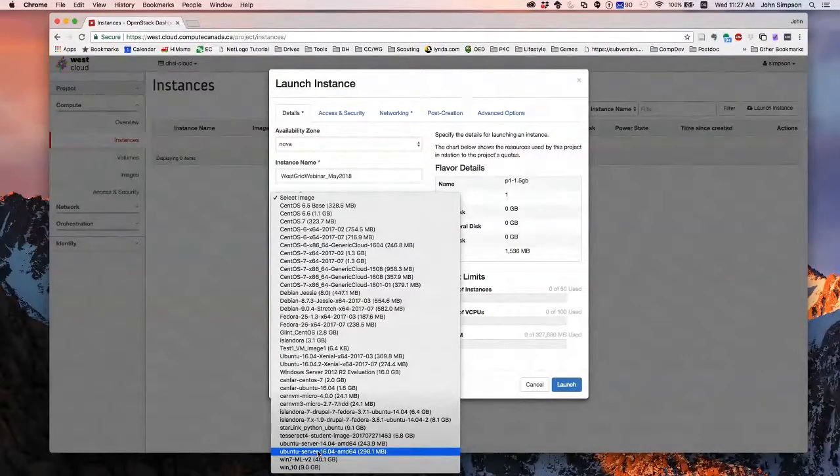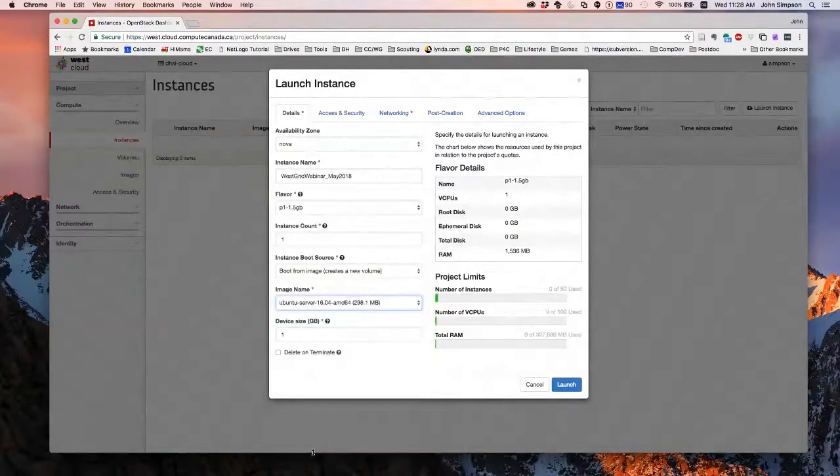I actually have a meeting with them this afternoon. And hopefully you'll be able to transfer or otherwise acquire an academic license to run Windows content on these machines. So we're very close to that. So choose Ubuntu server 1604 down at the bottom of the list. The device size in gigabytes, well, if you leave it at 1 gigabyte, it's probably going to fail. So why don't we make these little 10 gigabyte machines,